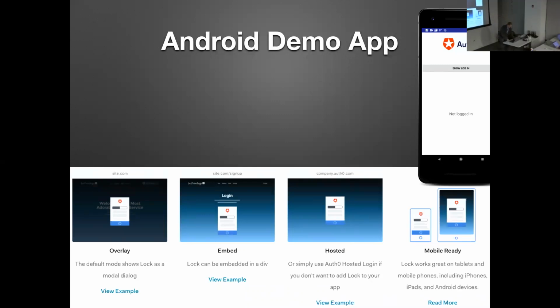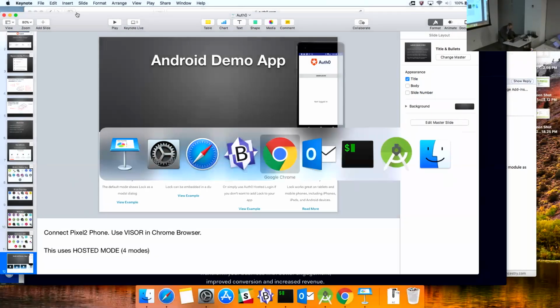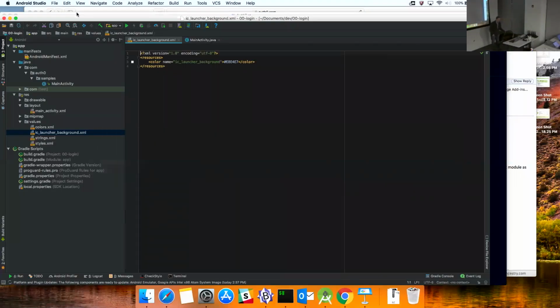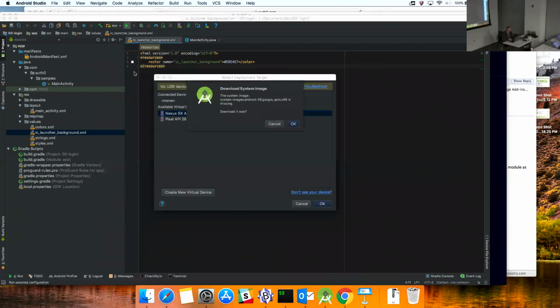Let's kill this for a second and go to Android Studio. I think that'll be easier.